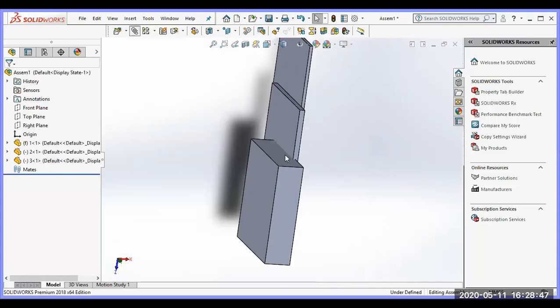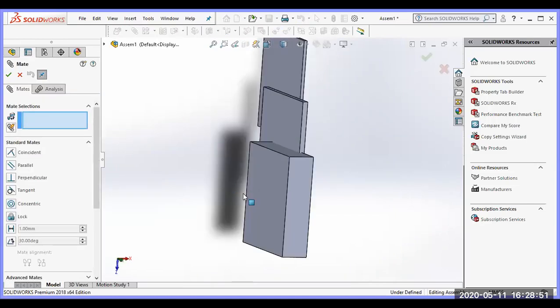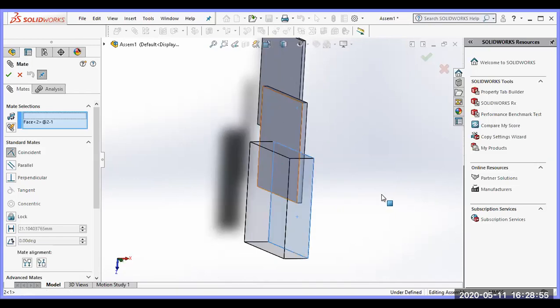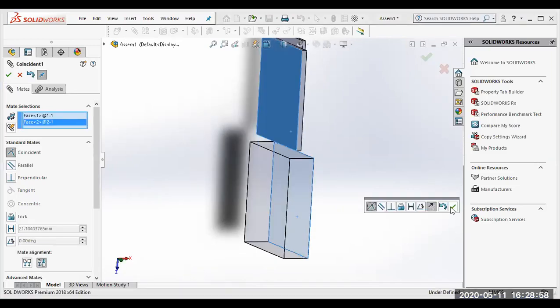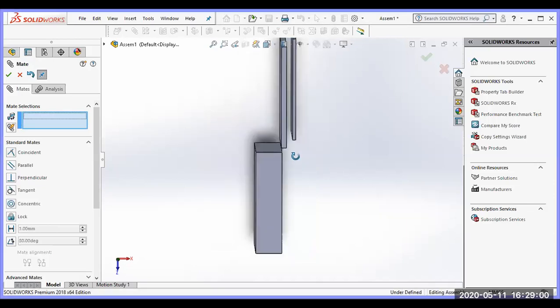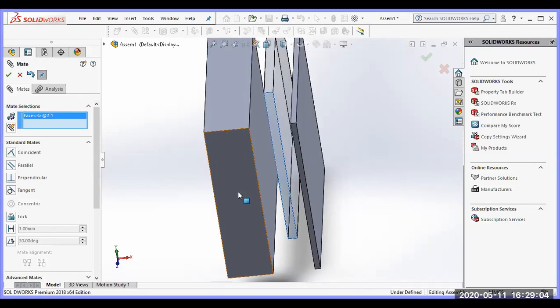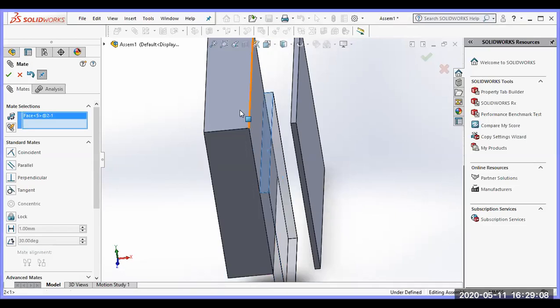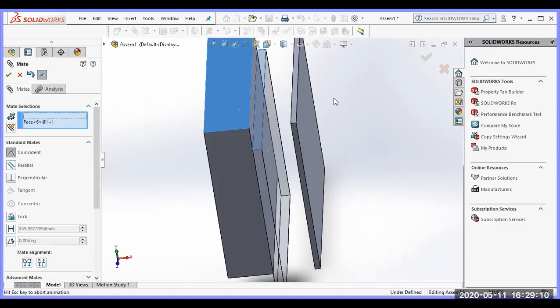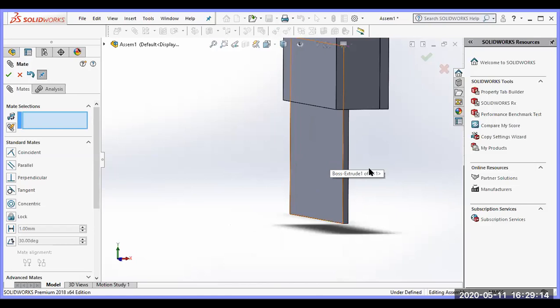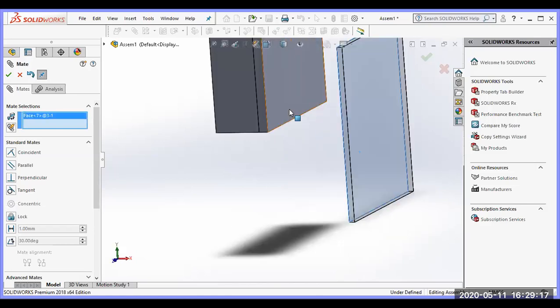Now we are going to combine these 3 parts. Now this surface and this surface are already joined. Next one is this face and this face. Next this face I'm mating exactly. Why? Because area is same for all members. This face and this face.